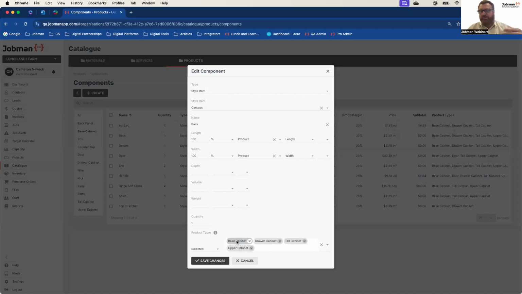And that's why we put a lot of this information in here, for you to make your life easier. So you've got some examples to work with. Like I said, out of the box, a lot of this will work already, so you don't need to do this setup. We just want to explain how it works. So if you want to expand on the list in future, you've got the power to do so. So that's part one: what product types does it apply to? What quantity is it? And then what are the parametrics, or what is the scaling of those parts within those